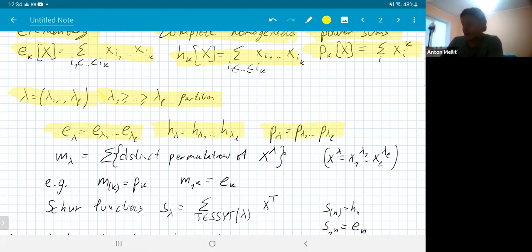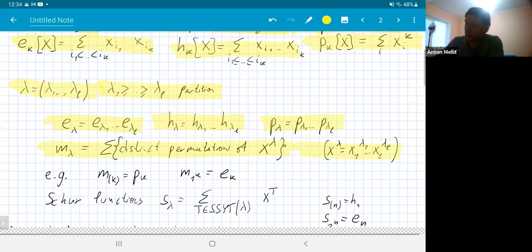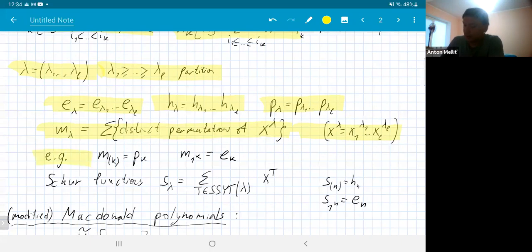And then there are other symmetric functions like the monomial symmetric functions. You take x i to the lambda i, the product, and then take all distinct permutations of such monomials. For example, the M with a single part is just the power sum, M with all ones is just elementary. And then